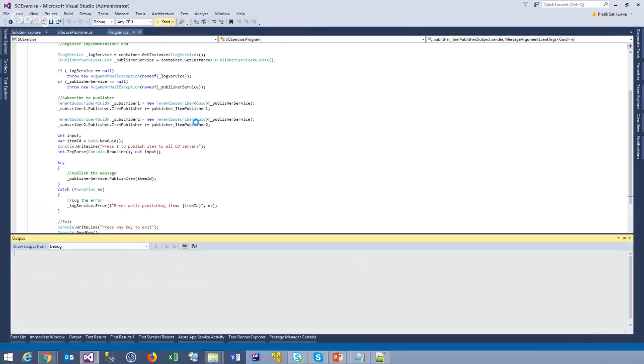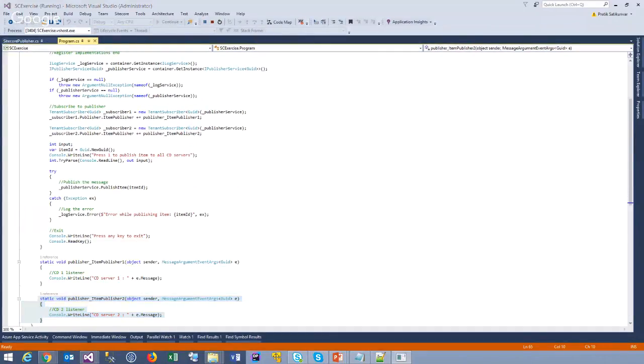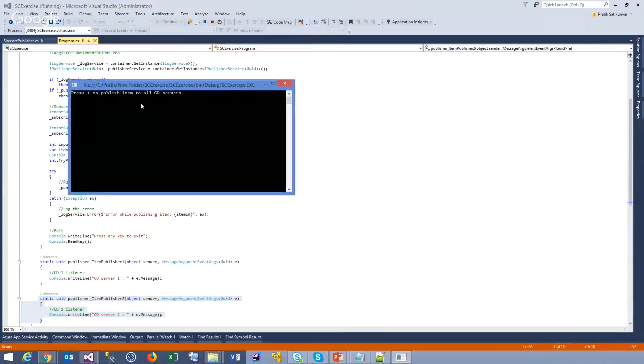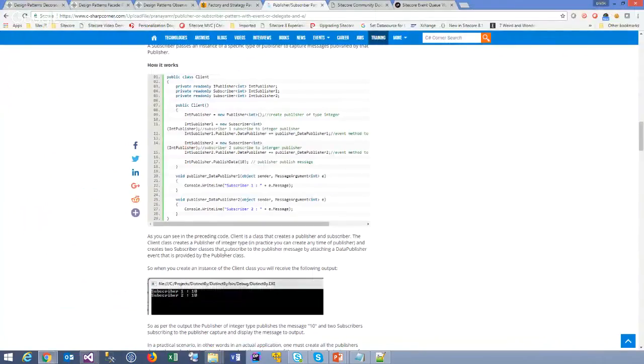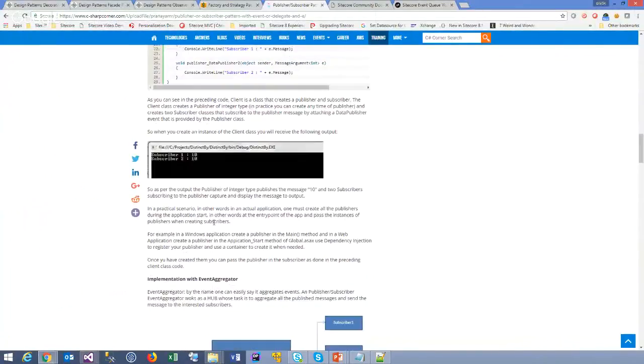If you run this, so this is CD server 1, and this is a message which we are passing, and this executed at CD server 1, this executed at CD server 2. So this is one example of achieving the publish subscriber pattern using events and delegates, and the second one is